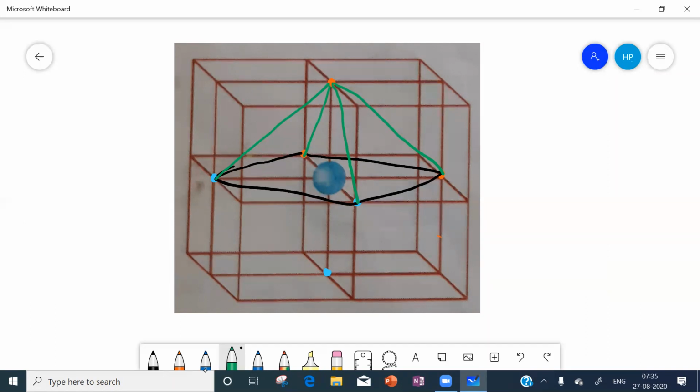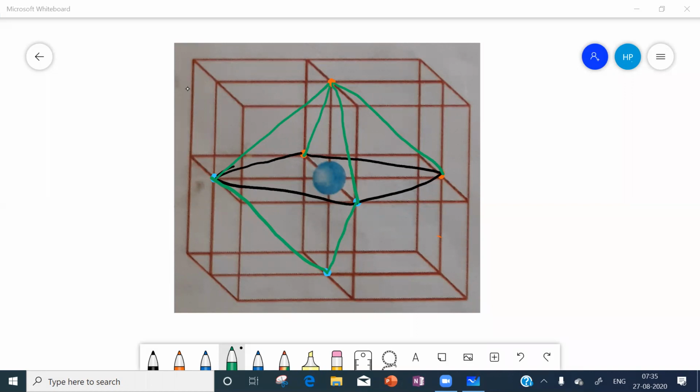Next, we'll start from this bottom face center. We'll draw a line to this, then a line to this one. So now we got one triangle. Now from this blue, we drew one line to this one, then another line to this one. Is it one triangle?